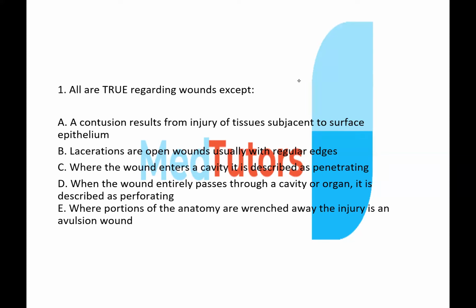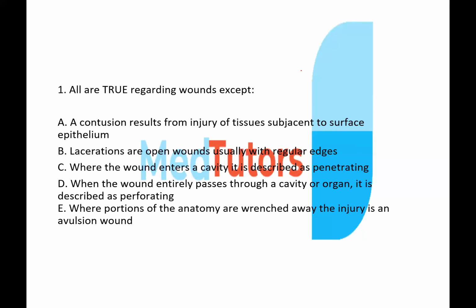Where you have an avulsion injury, there is a wrenched part of the body or a tissue. Degloving, detachment. When you have forceful detachment of a part of a tissue, that is avulsion. And avulsion could either be partial or complete avulsion. Partial avulsion still has a stalk of blood vessel attached to the part of the body that is detached. So that part bleeds more than complete avulsion because it still has blood supplying it.